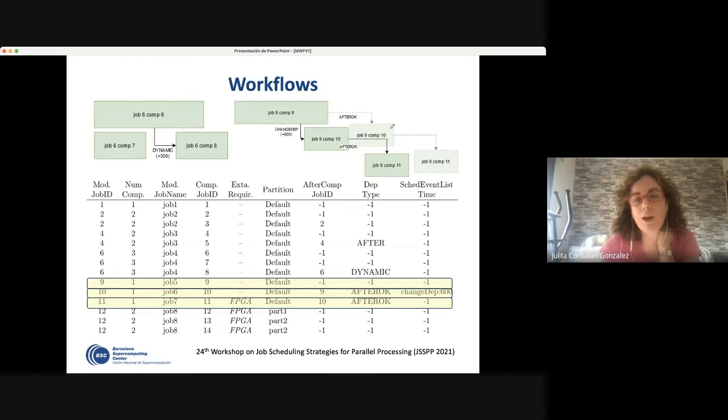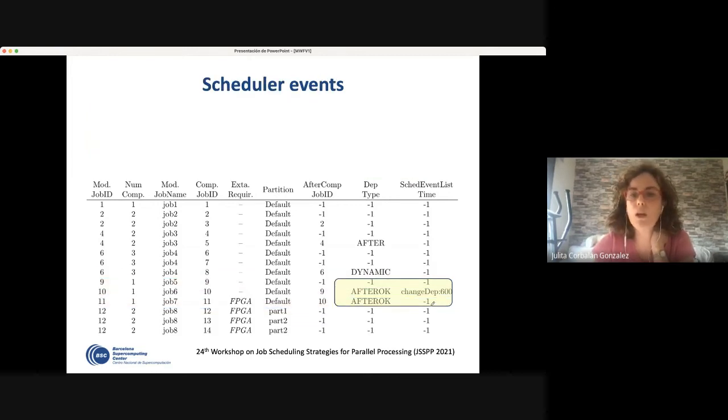So we were using that proposal in the DEEP-SEA project. And what we were proposing in the paper was the last version, because when we were working, especially in workflows, we were identifying that things like these scheduling events needed to be passed as an input for the scheduler. So this, for instance, is the particular section for these scheduling events. Okay.